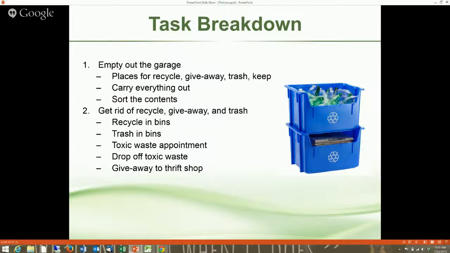I know that I have what's considered toxic waste in my garage. And no, it's not like a toxic waste dump, but I've got paint in there, and I've got paint thinner, and I've got some oil. And where I live, you don't get to put that in the trash. You have to make an appointment and take it in. So I've got to make that appointment and drop it off, and then the giveaway is going to go to the thrift shop. I'm going to inventory what's left,